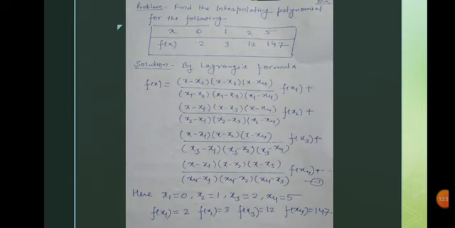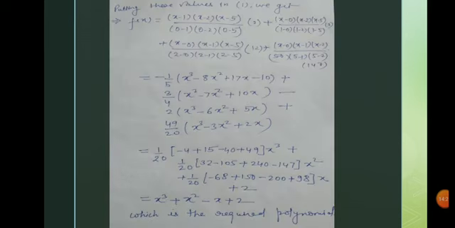So in the last problem we found intermediate value, but here we are going to find the interpolating polynomial. So in this formula we are going to put all these values, then we get f(x) is equal to